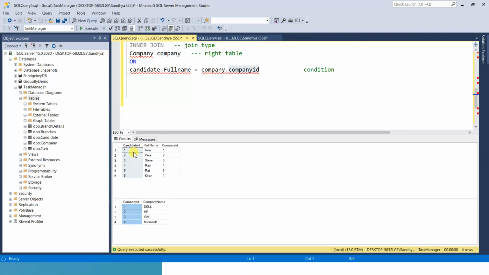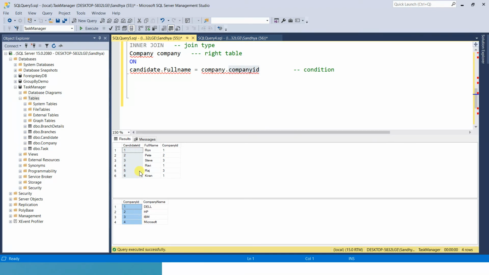For example, the candidate ID is a different column and company ID is a different column, and they don't have any relationship. It is not a foreign key in another table. But company ID was a foreign key in one table, whereas company ID is a primary key in the other. So company ID was a common column between these two tables. But I wanted to check whether I could take any other column, like candidate ID and company ID, though each is the key column of its table, and I was able to join these two tables because the data types of these two columns were the same.